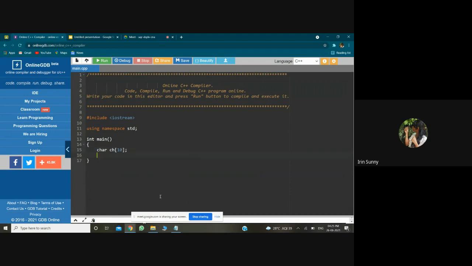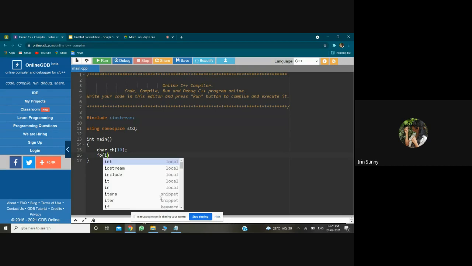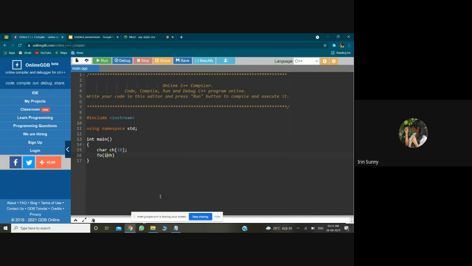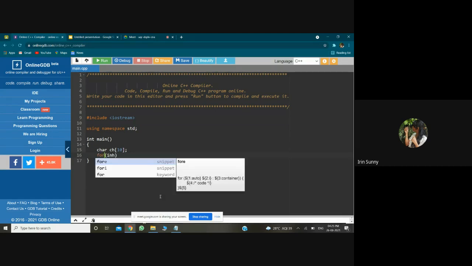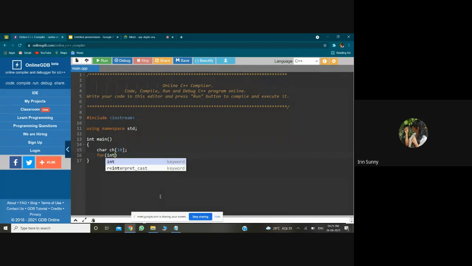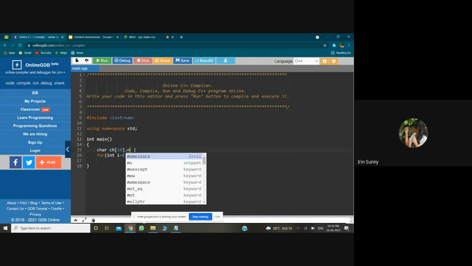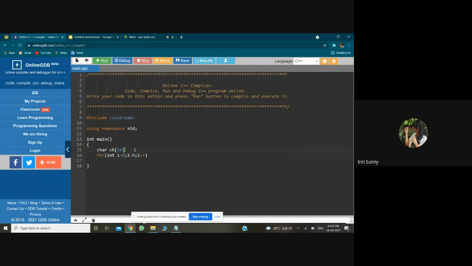Then to read into the character array, we need a for loop: int i is equal to 0; i less than n; i plus plus. For that, we have to read the value of n, so cin n.